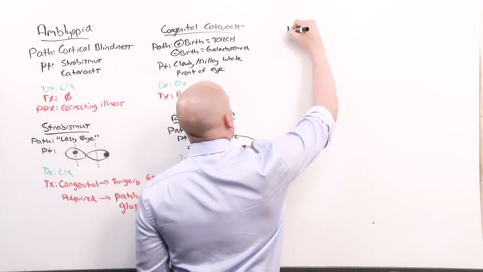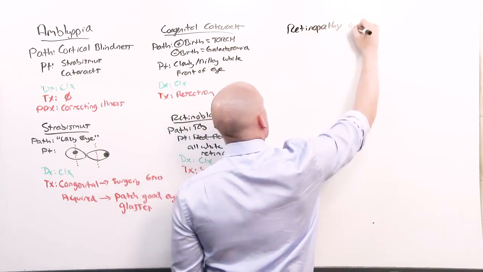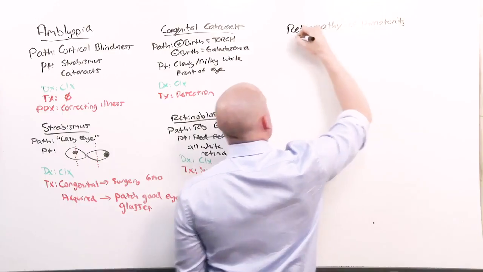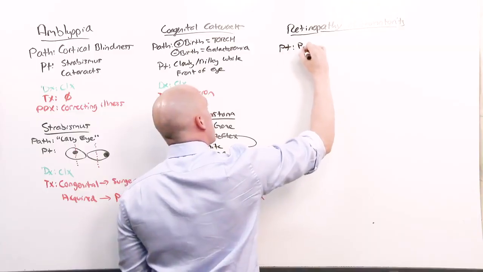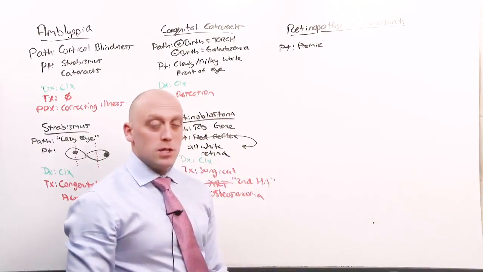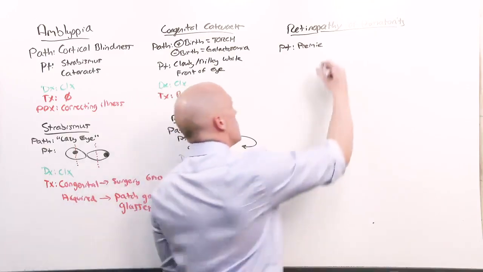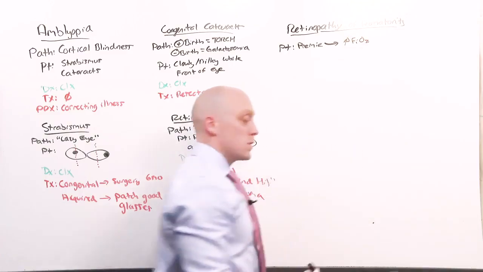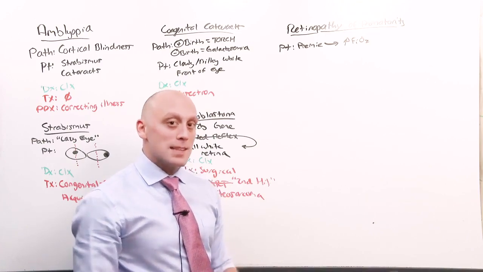There is a disease called retinopathy of prematurity. And we know that one of the big things about a premature infant is that when they come out too soon, their lungs aren't ready. So if you have a preemie trying to survive the neonatal intensive care unit and their lungs don't work because they don't have enough surfactant, the only way to keep them oxygenated is to give them high levels of FiO2. Now, too much of anything is a bad thing, and that high level of FiO2 can lead to problems with